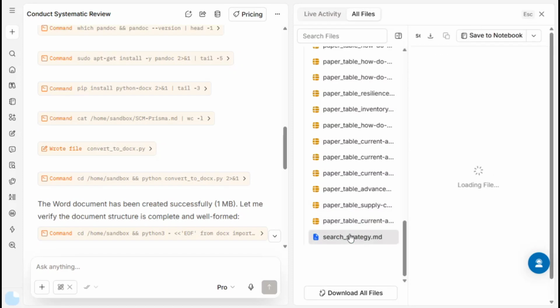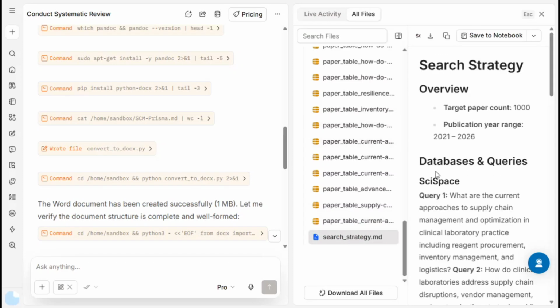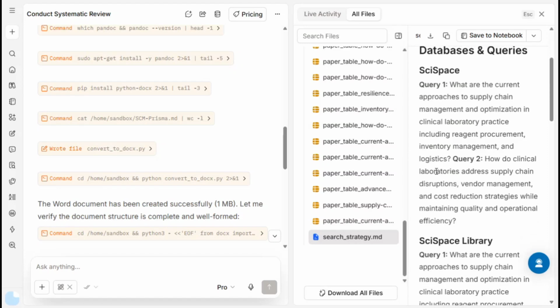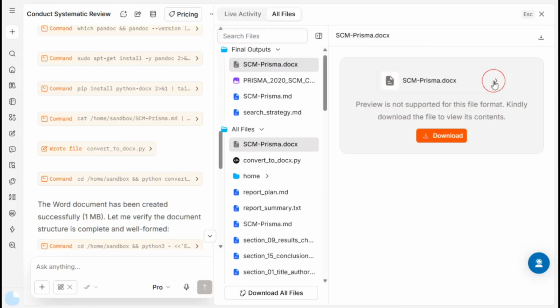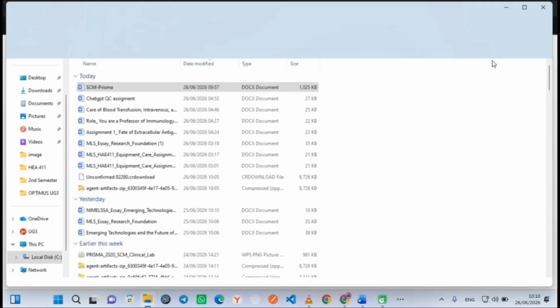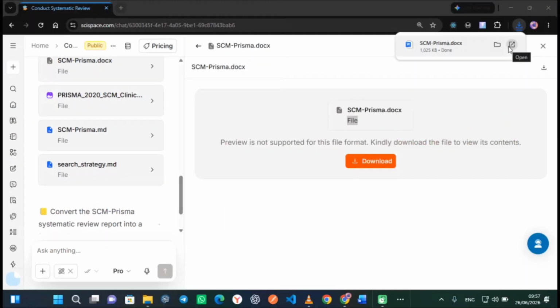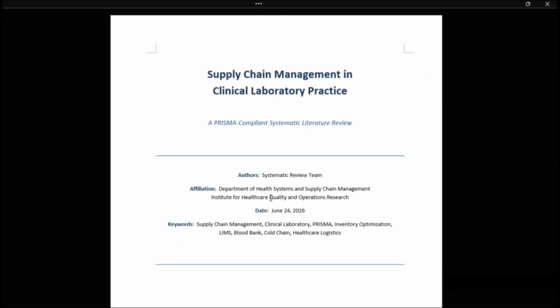Overview.md, a complete overview of the research workflow and generated outputs. Search strategy.md, the detailed search strategy used throughout the review. To access the results, simply open Final Output and download either the Word document or the entire research project. After extracting the files, you can open everything locally in Microsoft Word or any compatible editor to continue reviewing or